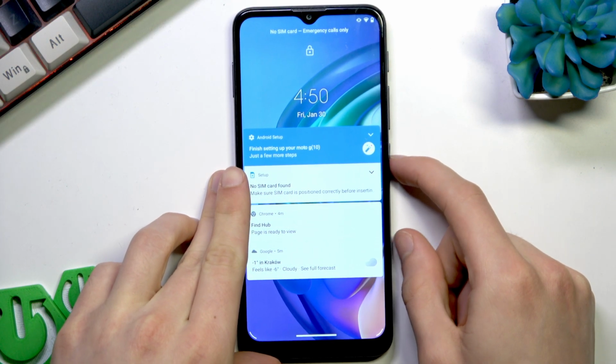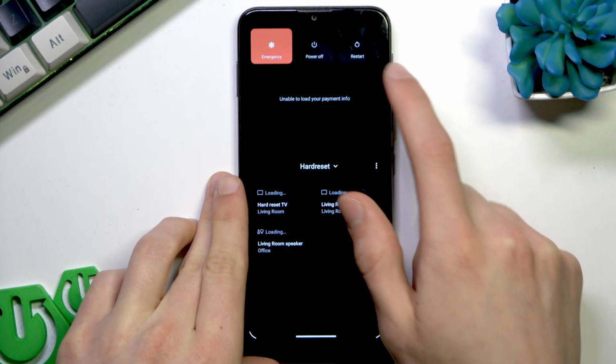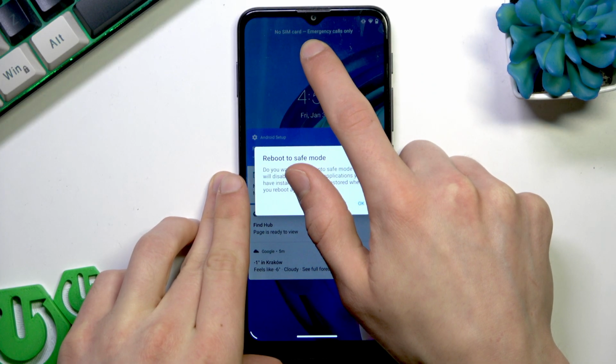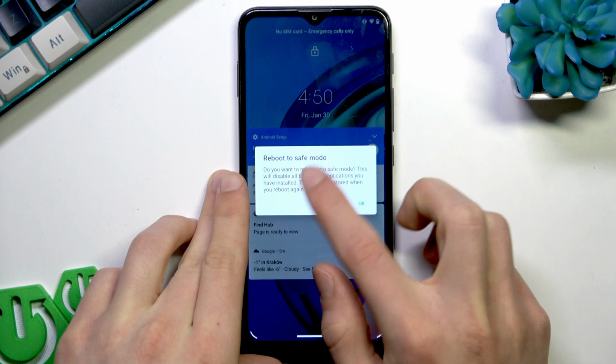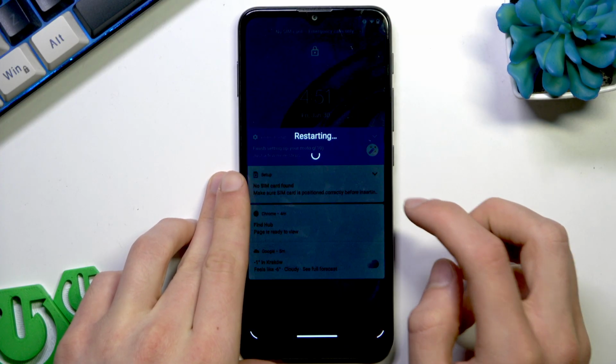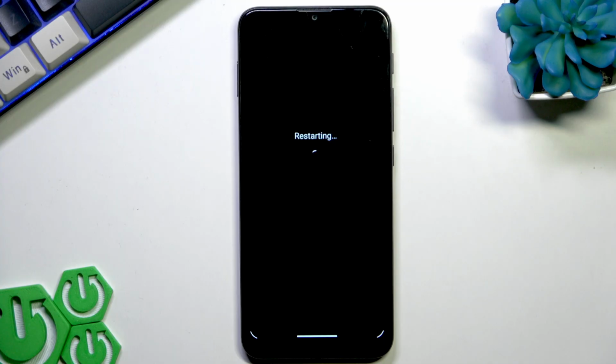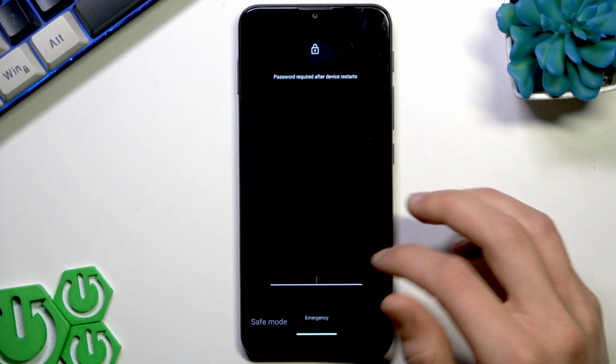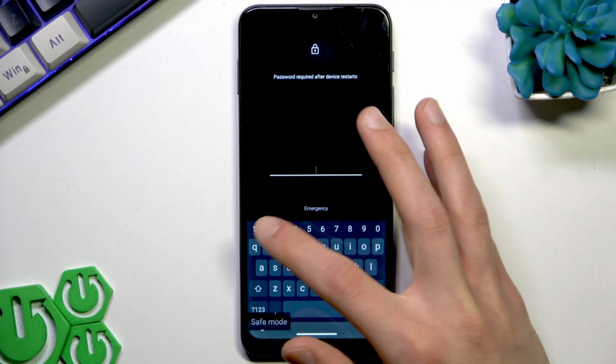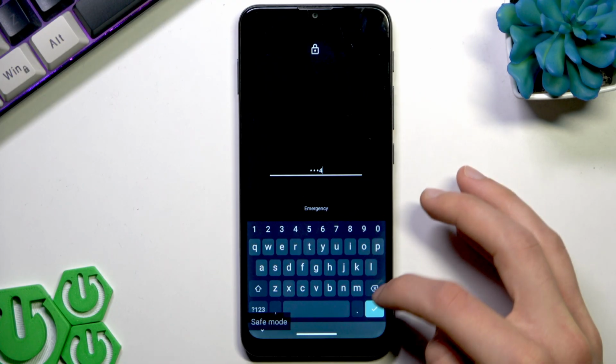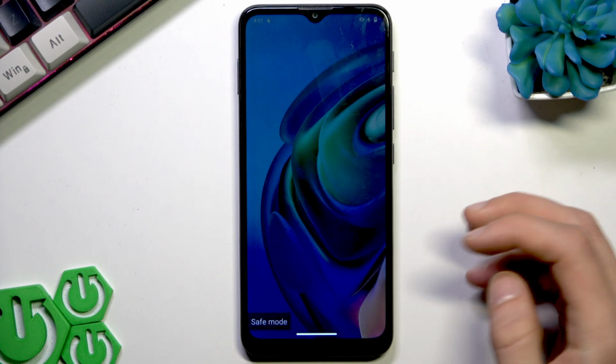To do that, you just have to hold down the power button for a while, then hold your finger down on the power off option until you see Reboot to safe mode option on the screen, then tap OK and let your phone restart. Then once your phone is restarted, try entering your password in the safe mode, and in case you succeed,